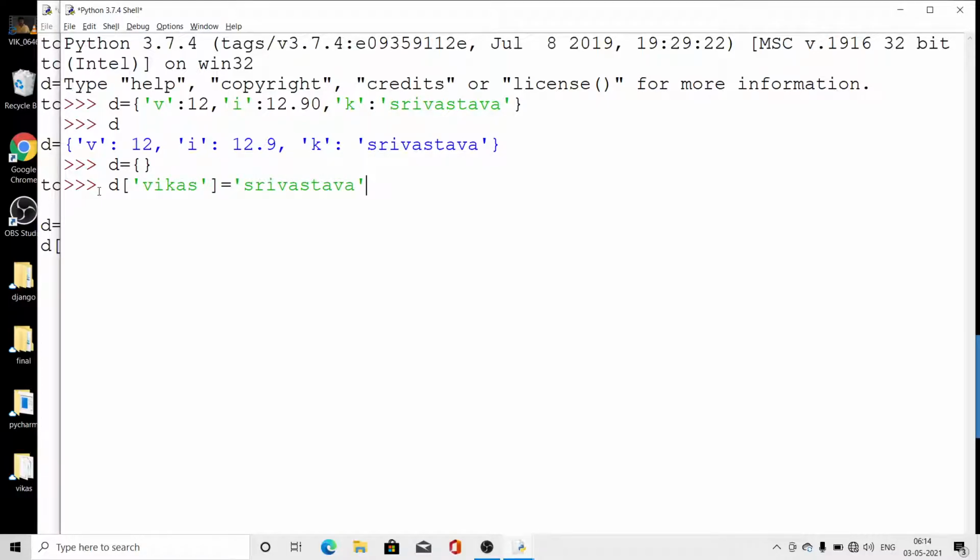So what will happen if I press the enter key? In the dictionary there is one element whose key is Vikas and whose value is Srivastav. Look here.